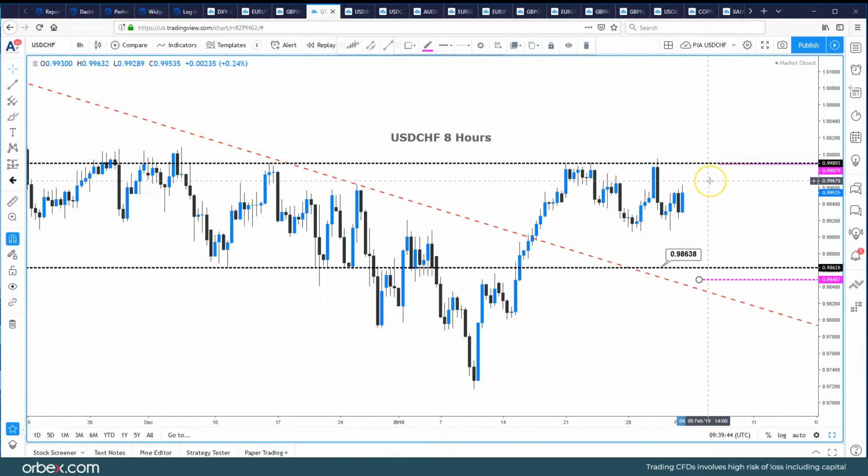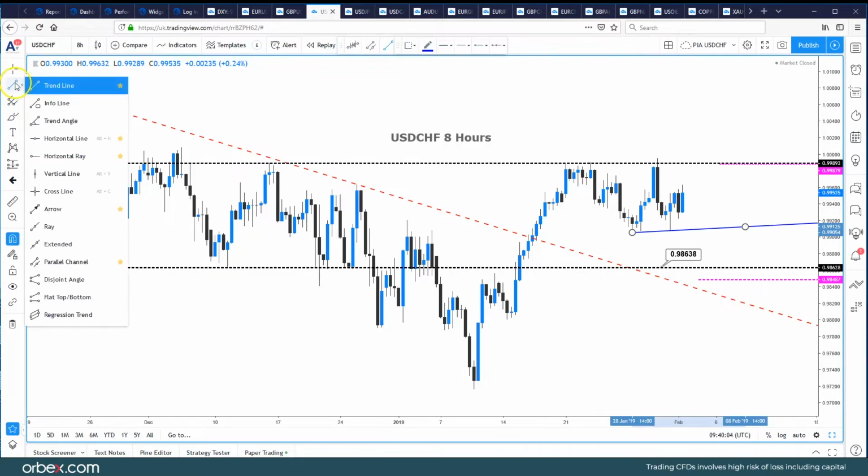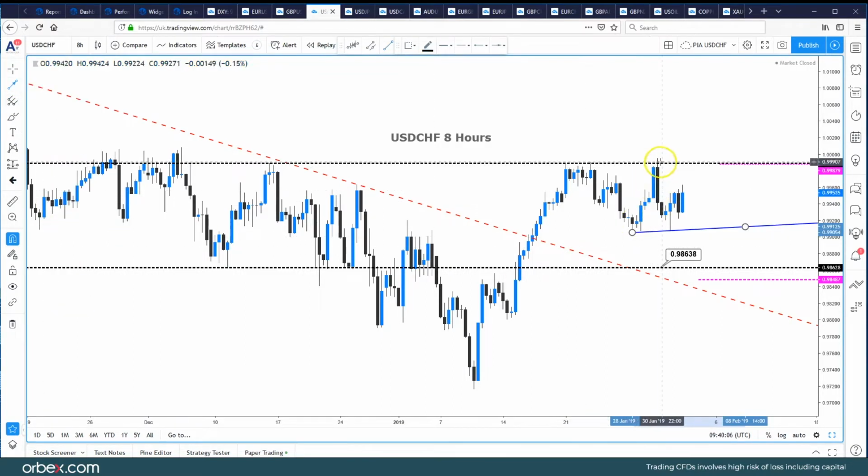Dollar Swiss, again limited upside. We've got strong resistance at 99.88. I'm then wondering whether or not we're going to form a bearish head and shoulders. So this being the left, this being the head, this being the right shoulder, and then a break of this neckline. And if we just do the measured move for this, so this would be the neckline, and then we'd have the measuring tool, which just use the arrow,